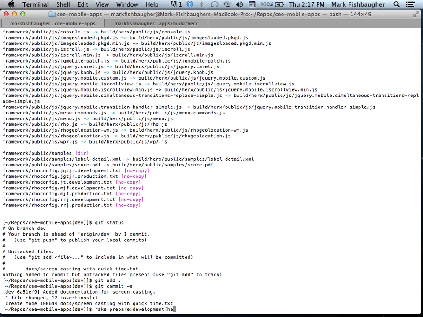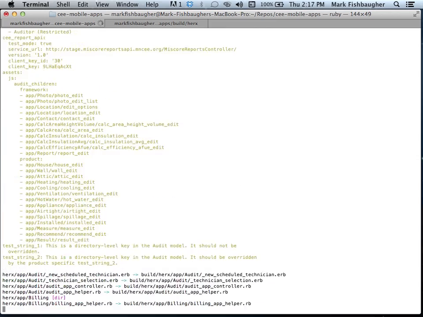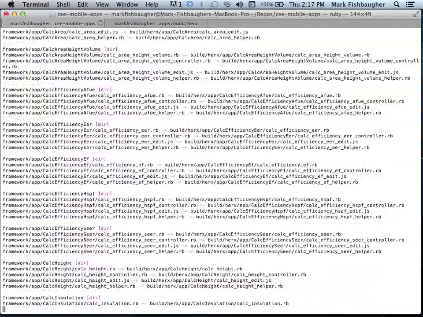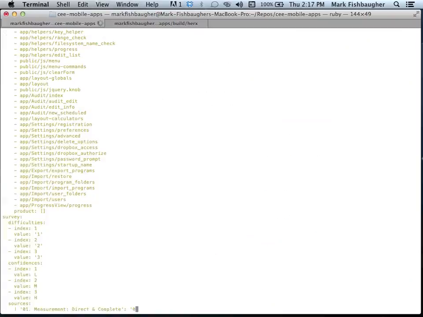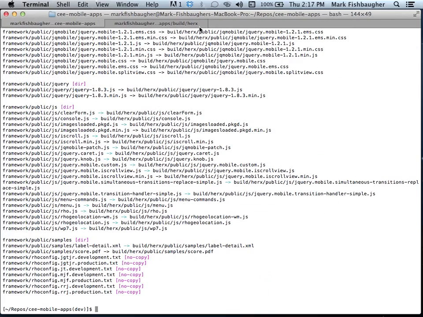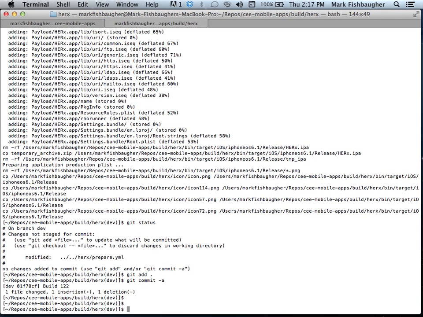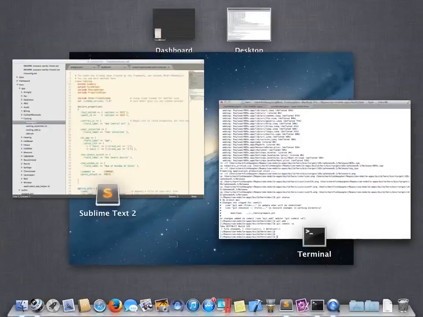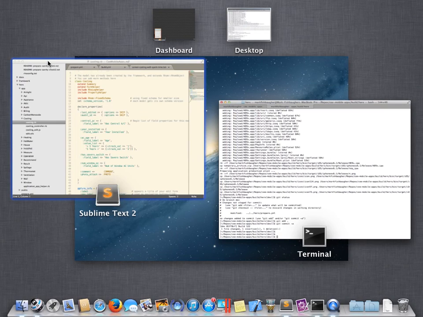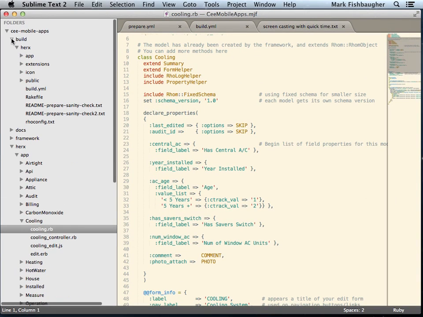This is how the source is actually generated. And once that's done, we go into a separate tab, which is focused on this build directory, and do a rake run. Oh, actually, no. Let's step back and look at our source code, because we're going to change this build directory is what was